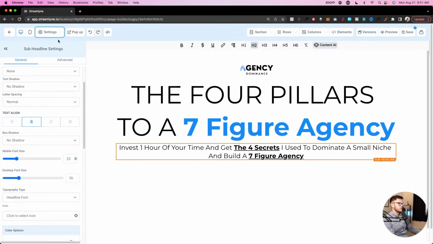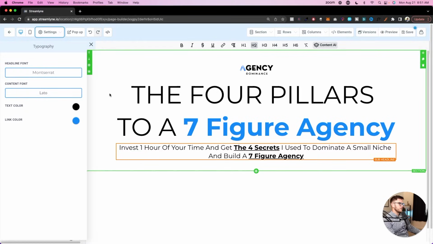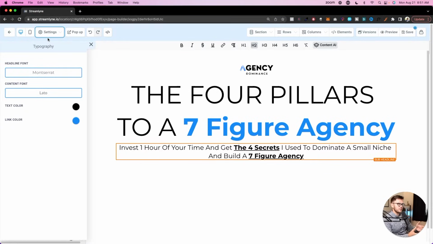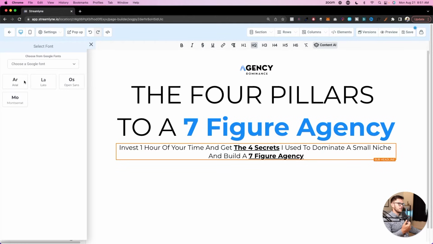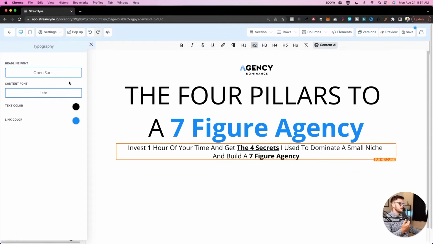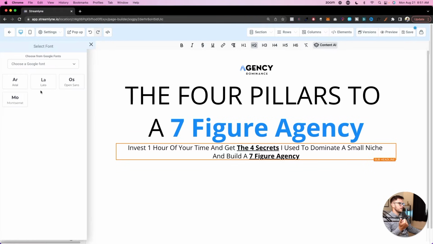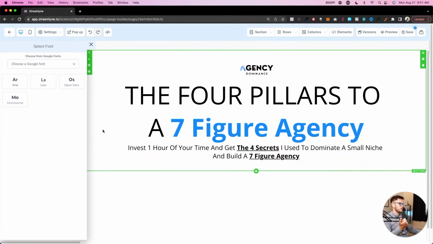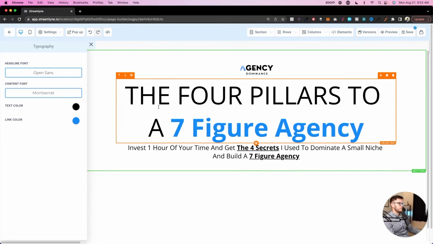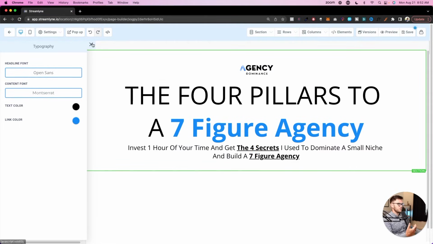And I'm going to show you guys a little hack here. I'm going to come to settings and then typography, and inside of these settings here, these are global settings for this whole page. I can change the font on everything that's a headline as well as everything that's content. So if I come to headline and I click, let's say we change this to Open Sans, and then I come here to content and I change that one to Montserrat. There we go. Looks beautiful,